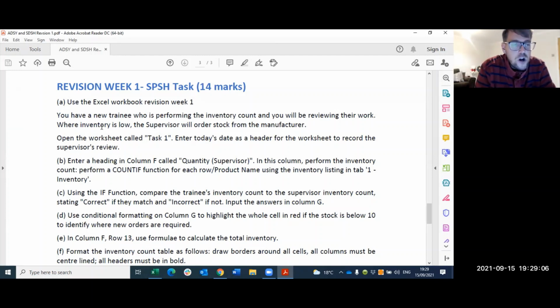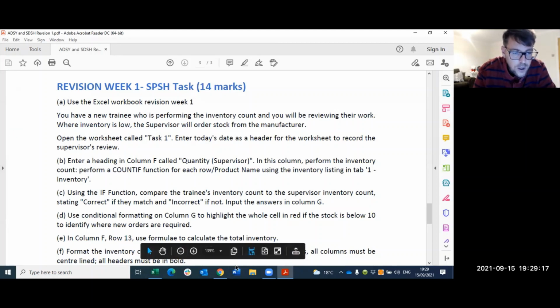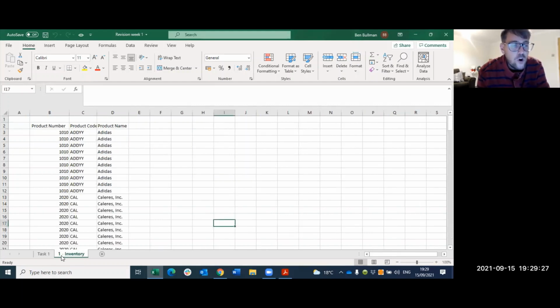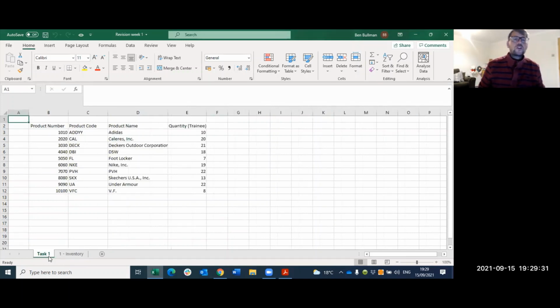So we are instructed, open the worksheet called Task 1, enter today's date as the header for the worksheet to record the supervisor's review. So if I now flick across to Excel, the worksheets are the individual tabs at the bottom here. So we've got one called Task 1 and we've got one called 1 Inventory. Well, we were asked to open the Task 1 worksheet, so that's the one I'm in, and insert a header